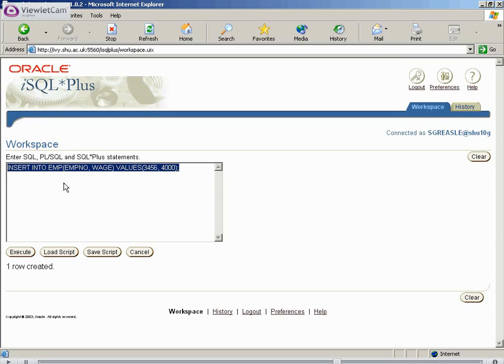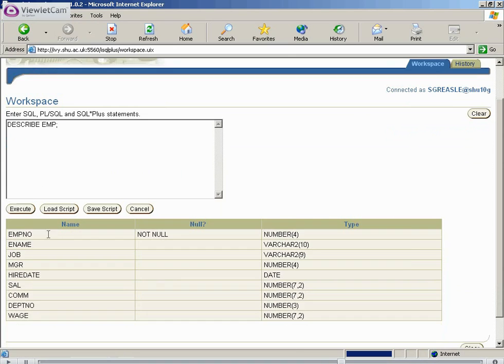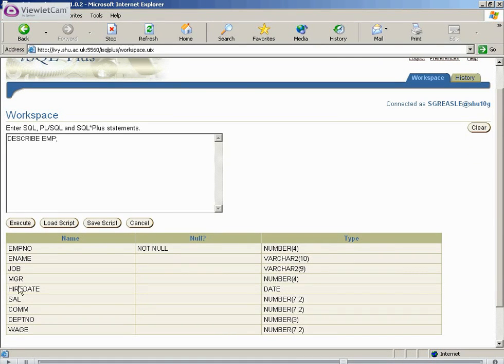Table altered. Let's describe the table. You may notice that we cannot actually see this check on here, but if we try to insert data into our table, insert into emp, obviously you're going to need the primary key value, so we'll use the emp number and the wage values. So primary key, we must satisfy that, primary keys cannot be null. Then the wage, we did say it was more than 2,000, so if we put a wage of 500 in,